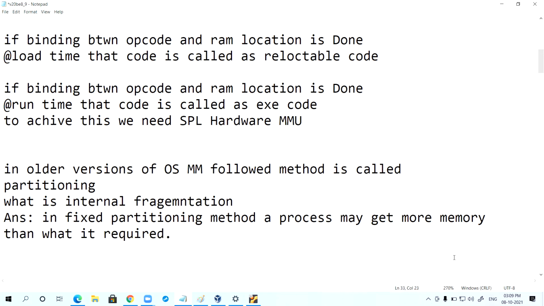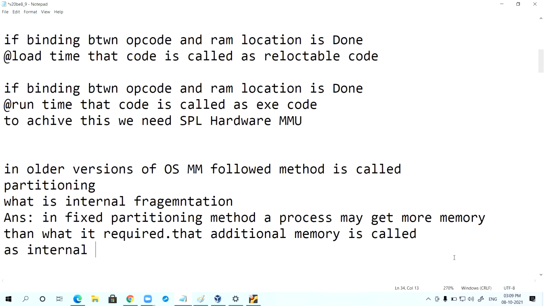That additional wastage of memory, that additional memory, is called internal fragmentation.